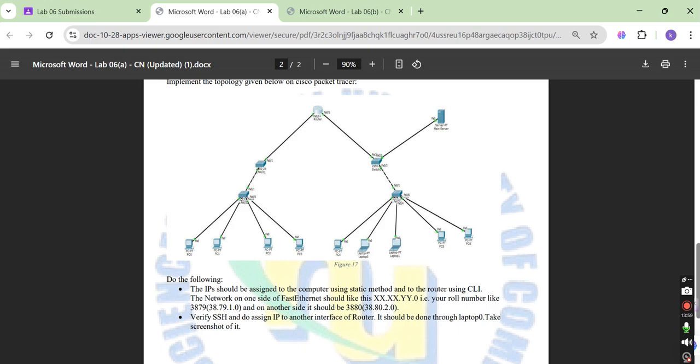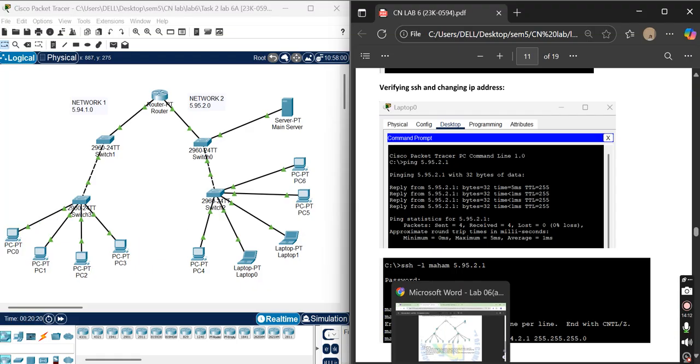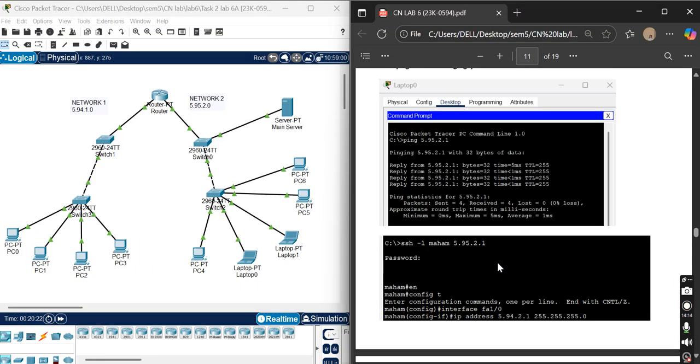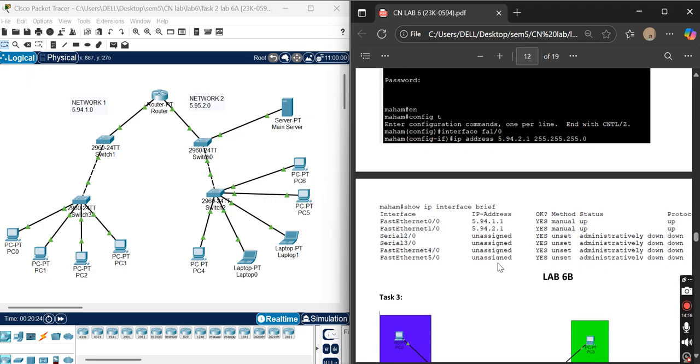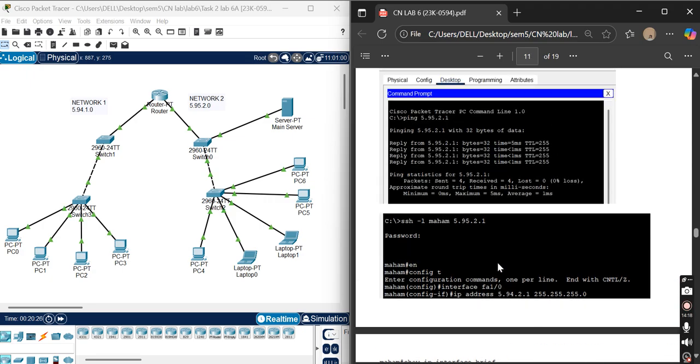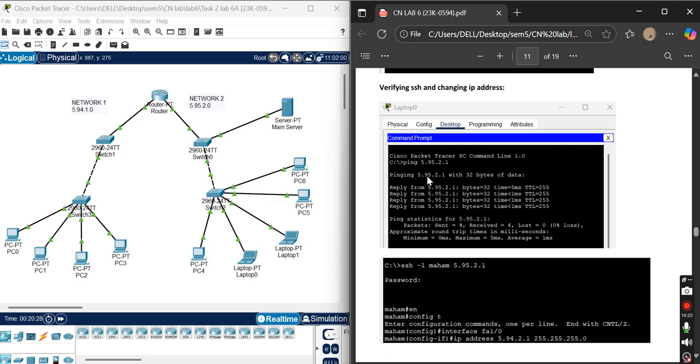Then our task was to verify the SSH and assign IP addresses to another interface of the router, and we had to do it through laptop 0. Here, first I tested the connection through the ping command.